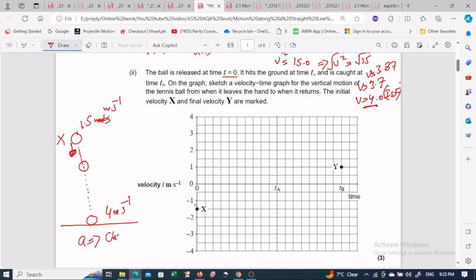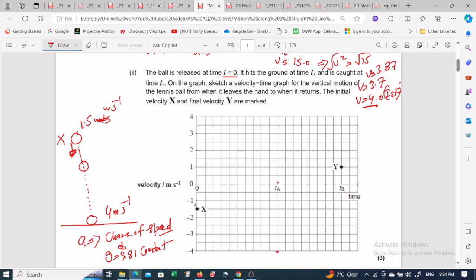Acceleration means change of speed, or change of velocity. That is constant. In this case, we know that g is 9.81, and that needs to be constant. It means our graph must be a straight line. The velocity-time graph must be a straight line, and this straight line is between 4